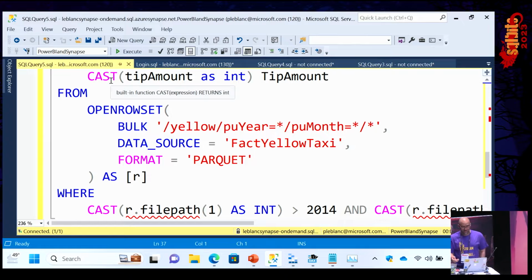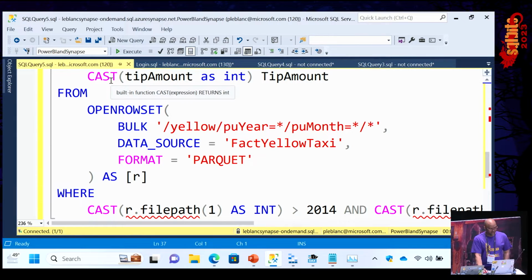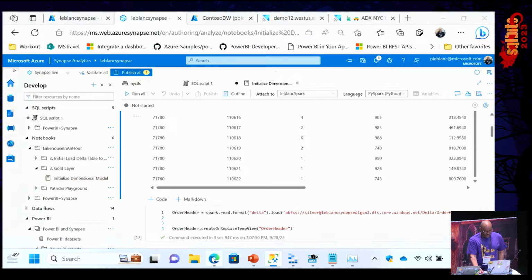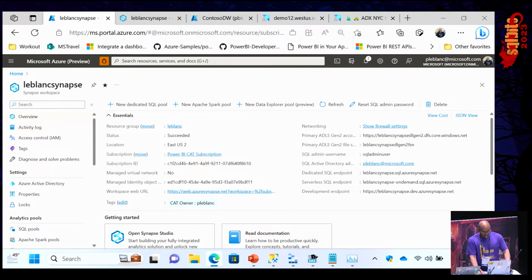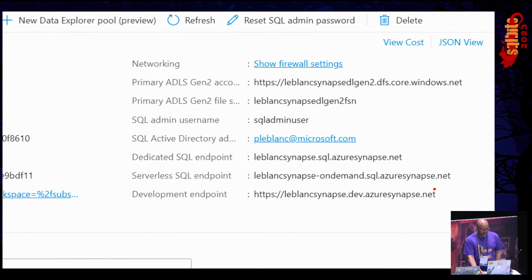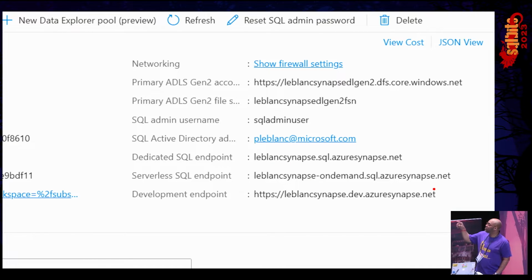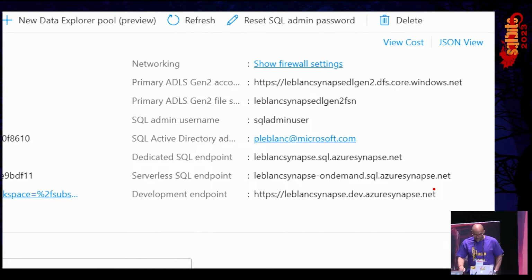Well, and we're even demoing it right now. We're in Management Studio, yeah. Right? So it's a TDS endpoint, and so any of those tools that support that, just put in the server name and go. So how do you get those though, Adam? How do you connect to it? So when you create your workspace, it provides those endpoints for you. So you can see there's my dedicated endpoint, there's my serverless SQL endpoint. That serverless SQL endpoint can be used to access both lake databases and the SQL databases. And then we have a development endpoint. So it even exposes it even more.